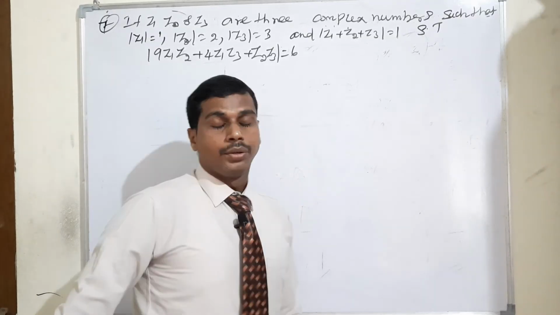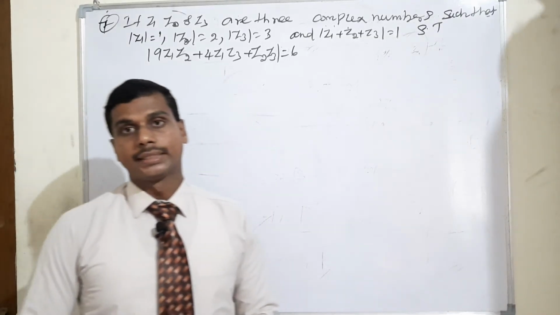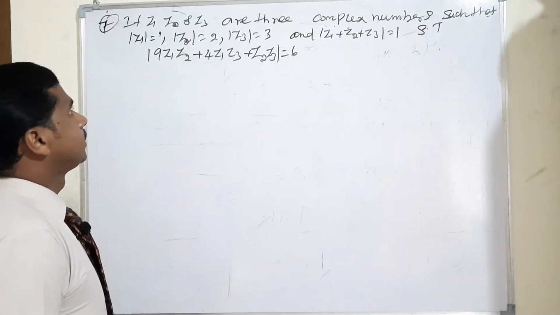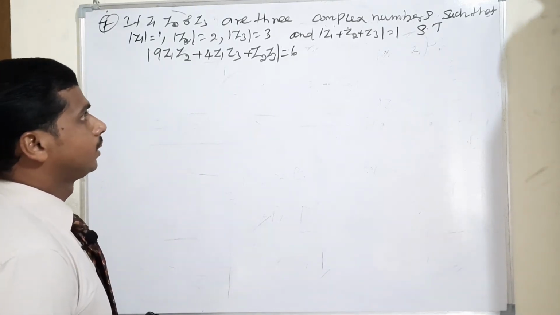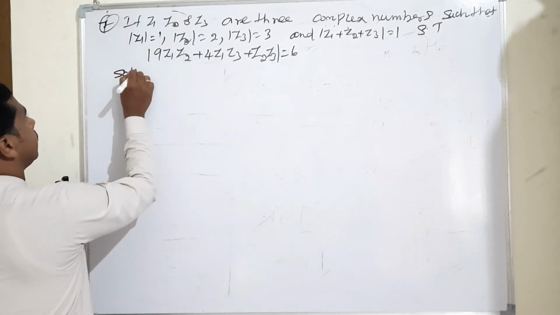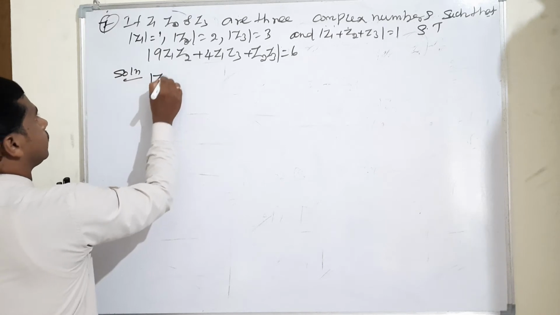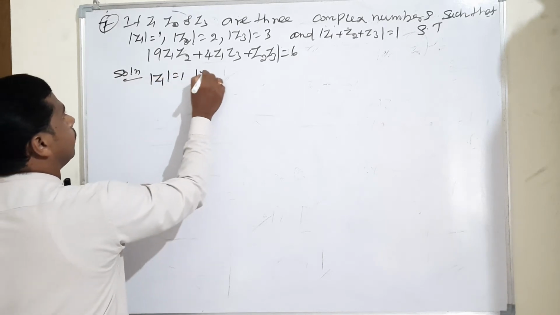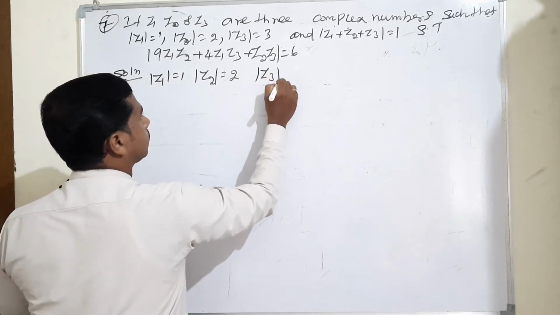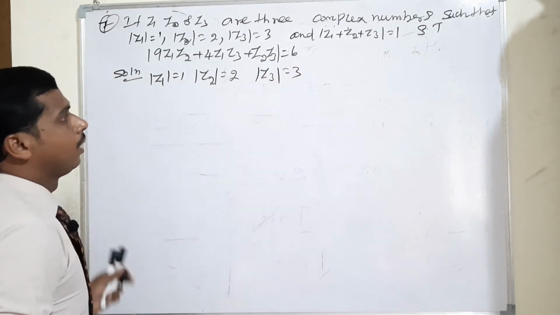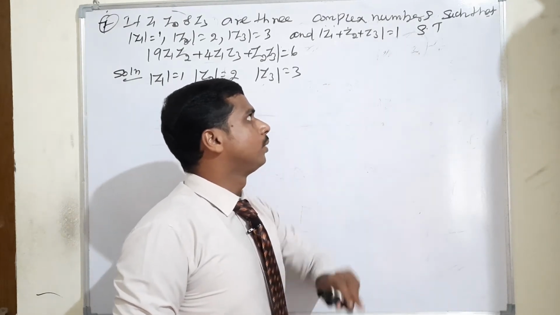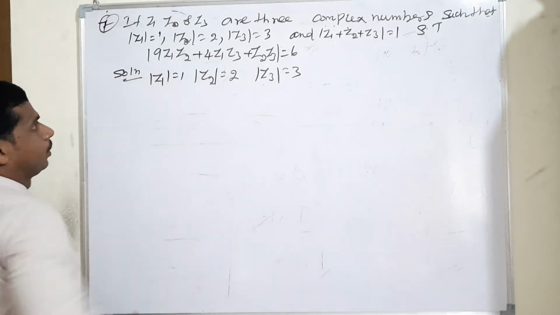I am moving to continue one of the important questions from exercise 2.5. What is the question? If Z1, Z2 and Z3 are 3 complex numbers such that, one by one, the given conditions are modulus of Z1 is equal to 1, modulus of Z2 is equal to 2, modulus of Z3 is equal to 3, and another condition, modulus of Z1 plus Z2 plus Z3 is equal to 1. We have to show that...